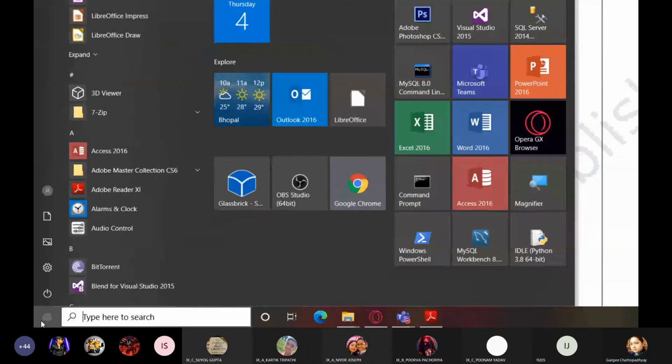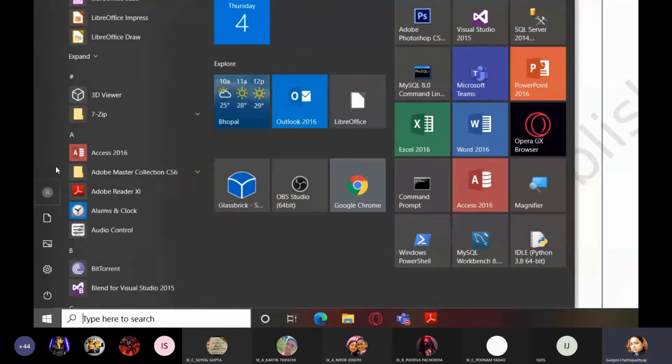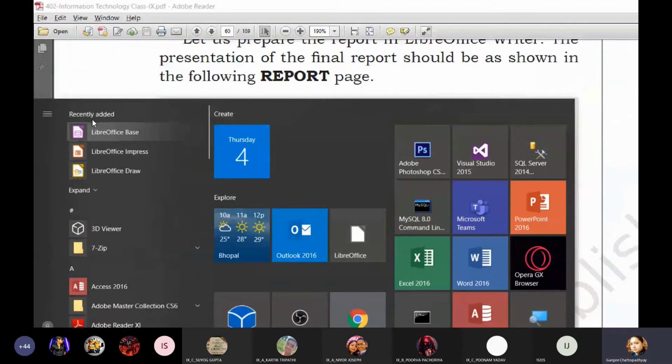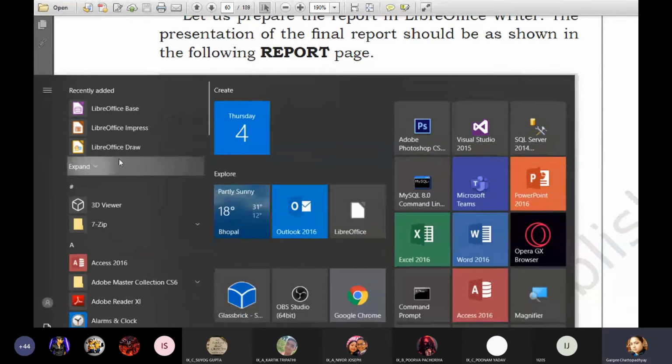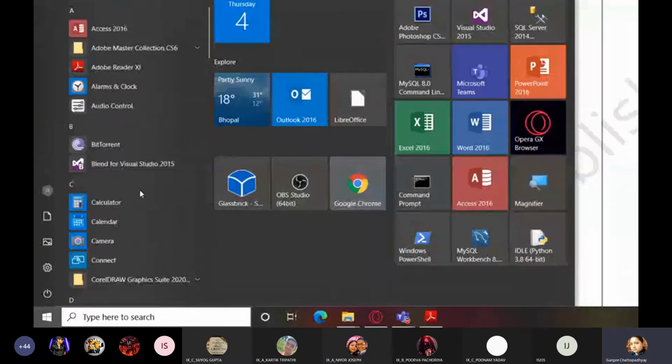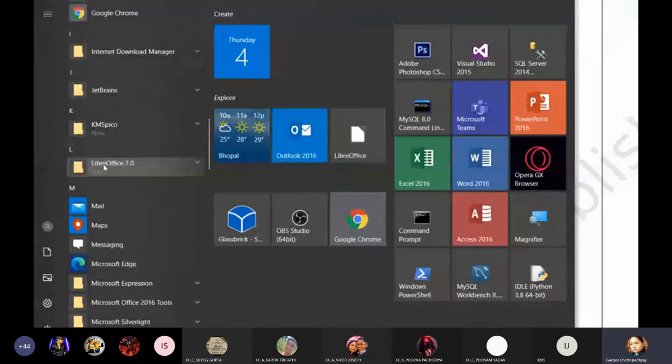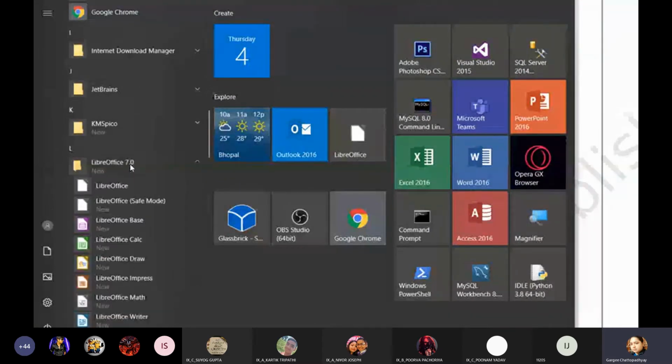Now I'm going to my start menu, and as you can see it is already there in the recently added software, and also you can get it from the L marked folder here.